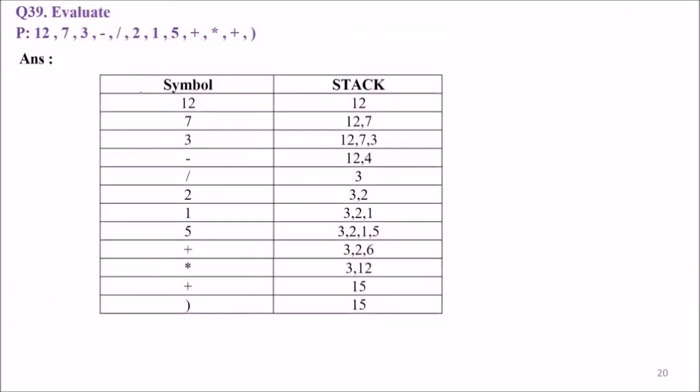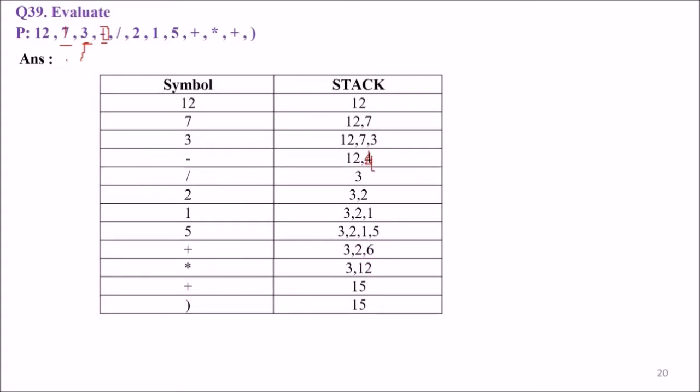Evaluate this. So how to evaluate? First, we know that we evaluate it using a stack. So what happens here is we will place values on the stack. First we'll place value 12, and then 7 will come. 7 will be placed on the stack. Then 3 will come. 3 will be placed on the stack, and then minus will come. We'll not place minus on the stack, but we will pop out the previous two elements, that is 7 and 3. We will place the result of this: 7 and 3 popped out, minus applied, that is 7 minus 3 is 4, and then we'll push it onto the stack.